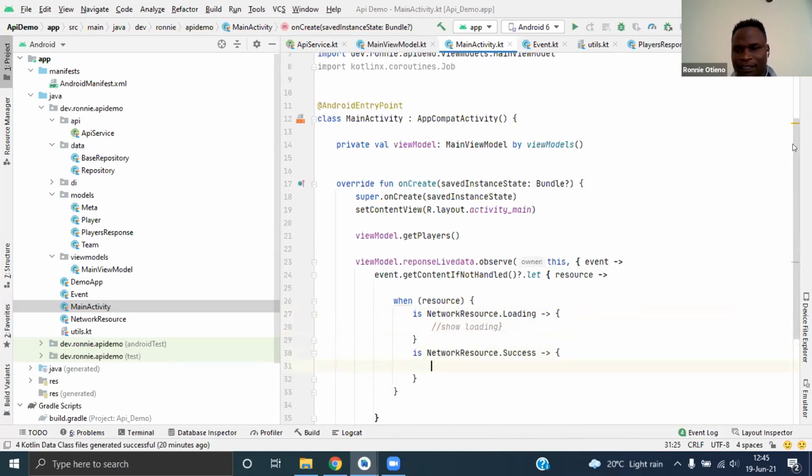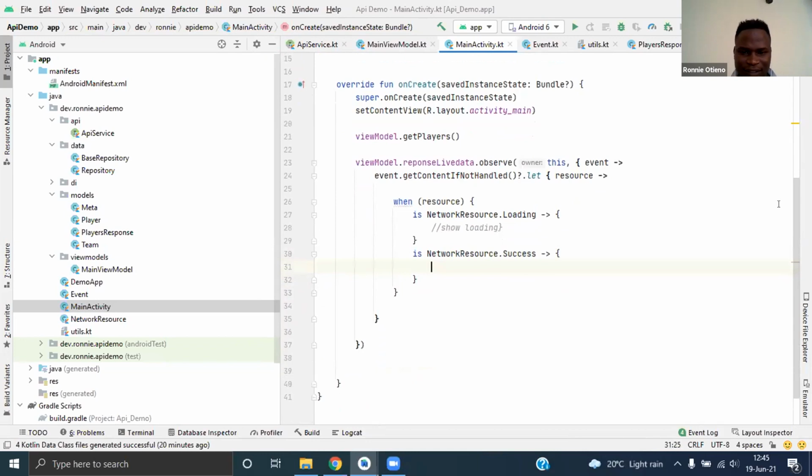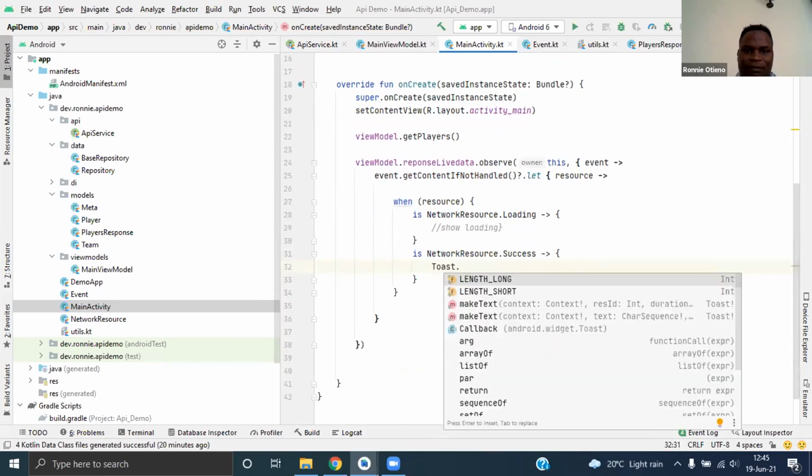Here we'll show the products. I think I'll just toast it for now, because I don't think we will build a UI for it. I think that's easy.